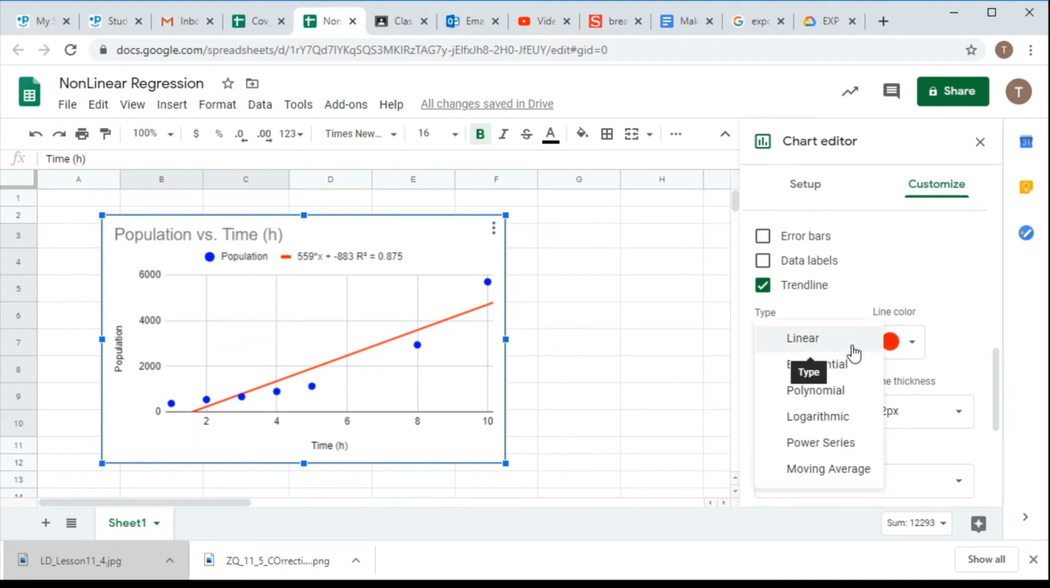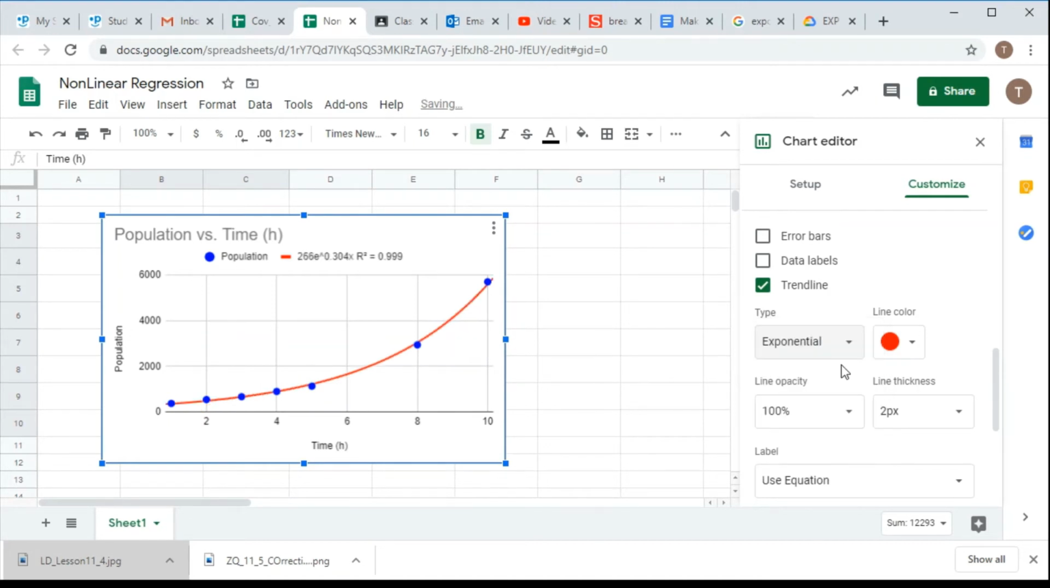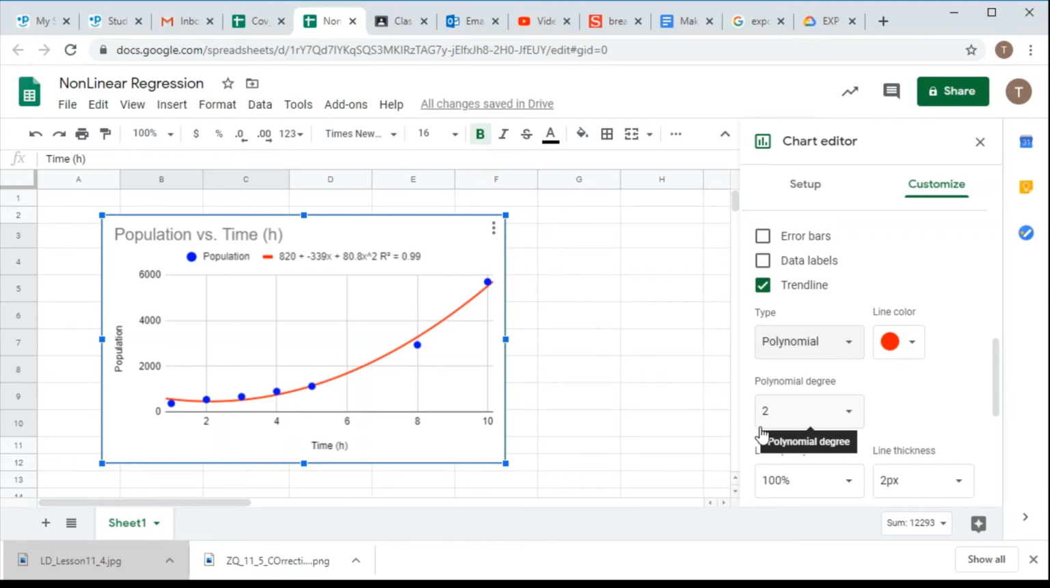So we've done linear. Now I'm going to change it to exponential. As you can see, the R squared is 0.999, and this seems like the perfect model for this data. Of course, you should have guessed that the growth of bacteria is an exponential model. We will come back to this model again, but I want to show you other options here. You can have polynomial when the degree is 2, that means it's a quadratic model. It is 0.99, so it may seem like a good model,